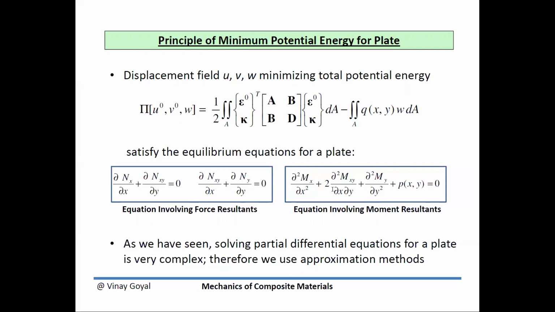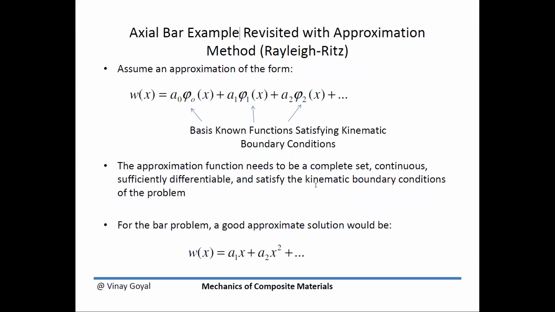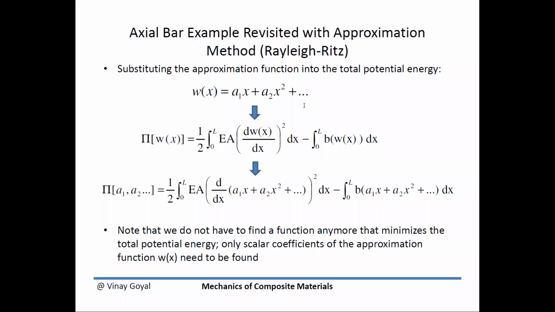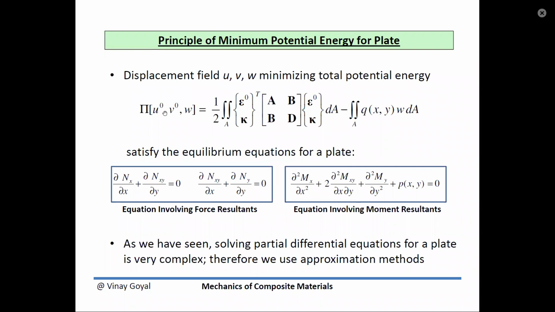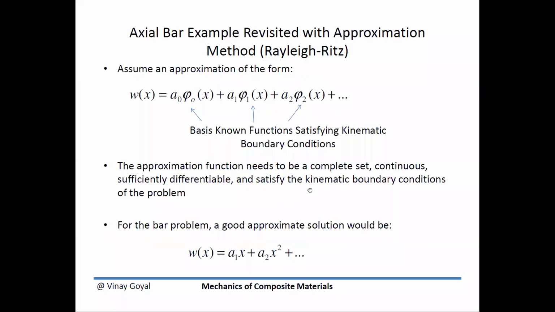So as we have seen, solving partial differential equations for a plate is quite complex, and it's better to use approximation methods. So what is the idea here? What can we do to approximate the solution to a problem? What if I don't want to solve for the deflections in an exact way? Maybe that's too hard to do. So the idea then is to approximate W, the deflection W, for example,